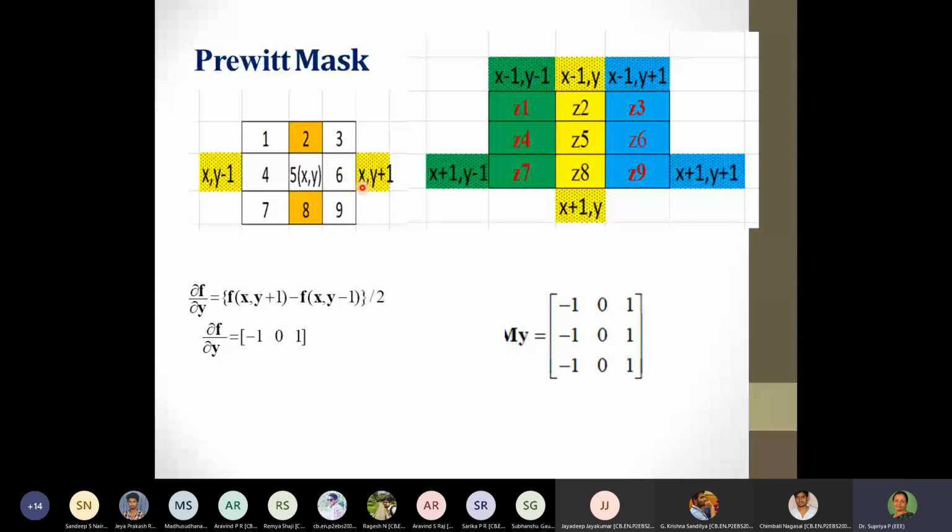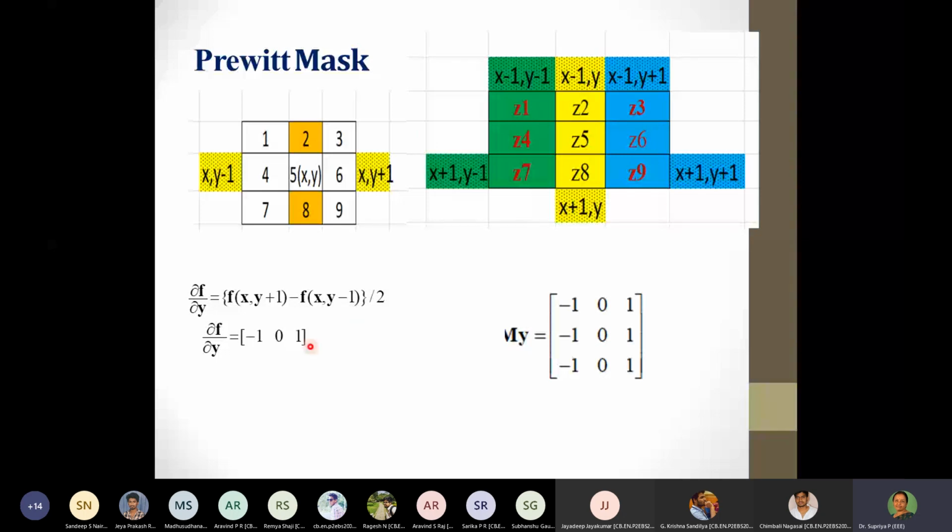Remember, x is constant. You would remember when we talked about a 1D difference, we had said that the 1D difference is f of y plus 1 minus f of y minus 1. When it becomes a 2D, the other parameter is constant. That is what you can see here. So this is what is going to be observed. So the value is going to be minus 1, 0 and 1. That is exactly what we have written here in My as minus 1, 0 and 1. This is what is going to be for the central element. Fine, we have got for that element. So only those three values are going to be involved.